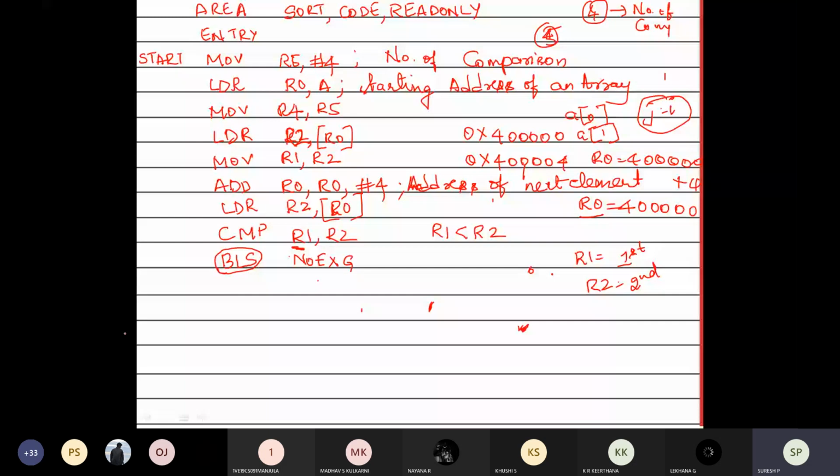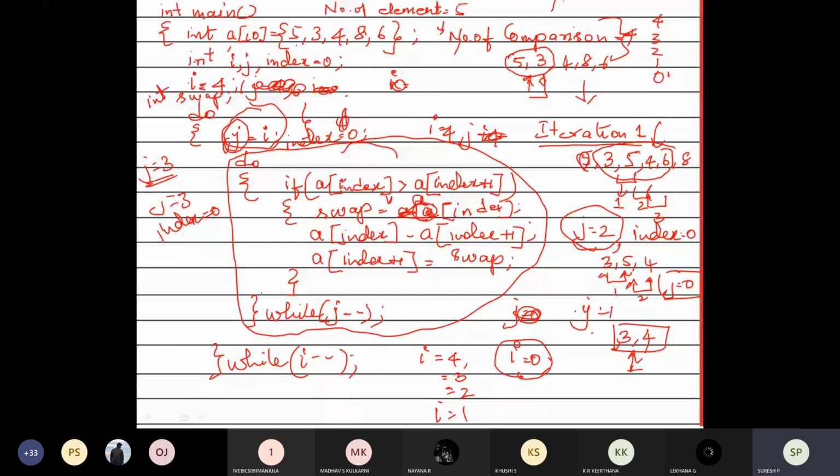What do I need to subtract? Do while loop, you check it out. Your R5 is I, your R4 is J. I am telling you now that R5 equals the I variable and R4 equals the J variable, according to the C program which we discussed in the last class. So first it will be running the inner loop. Inner loop is controlled by which variable? J. Okay, J. So now here, which variable do I have to consider?